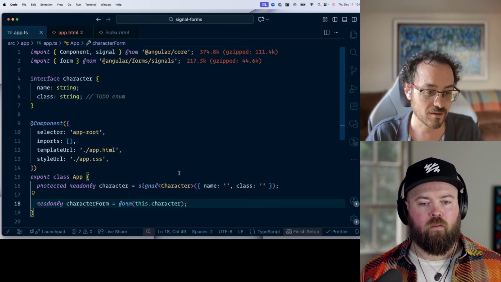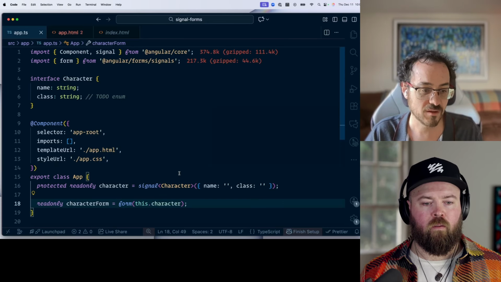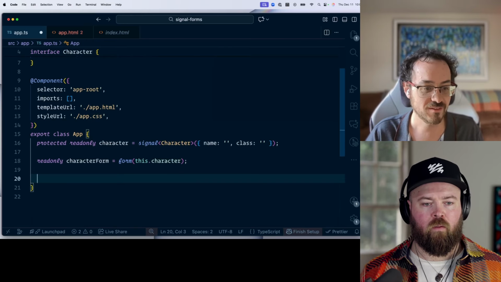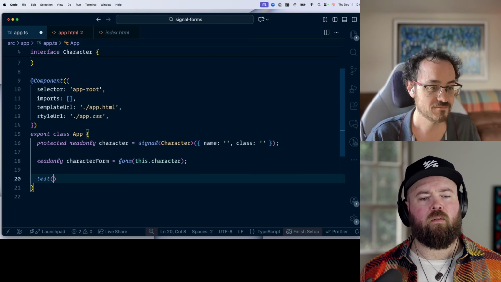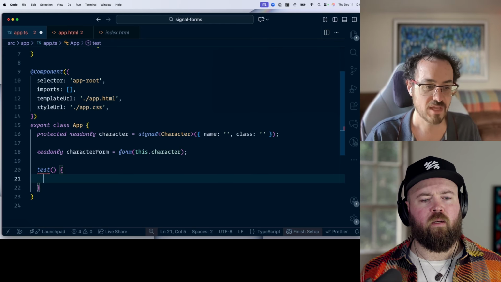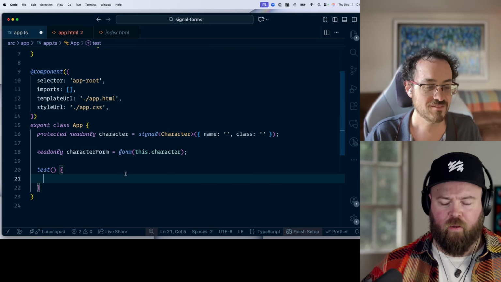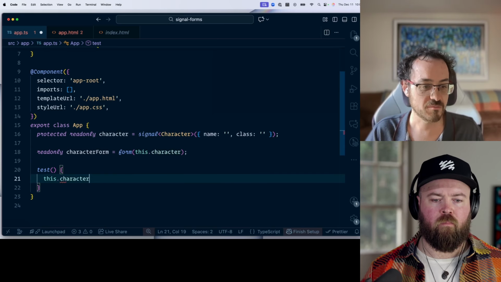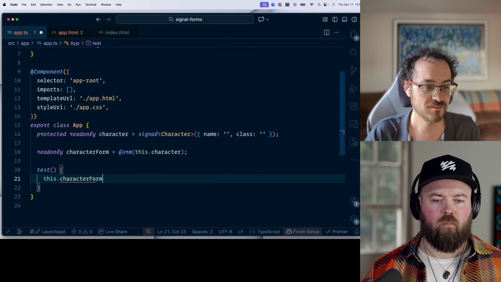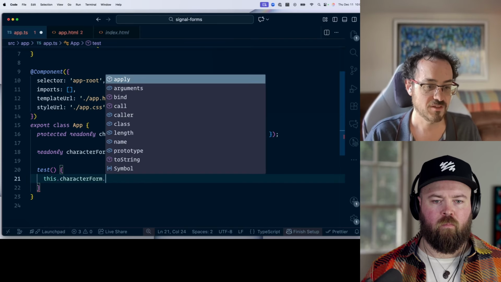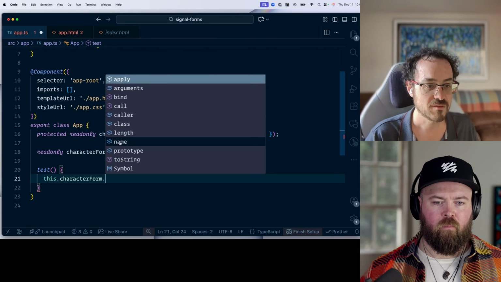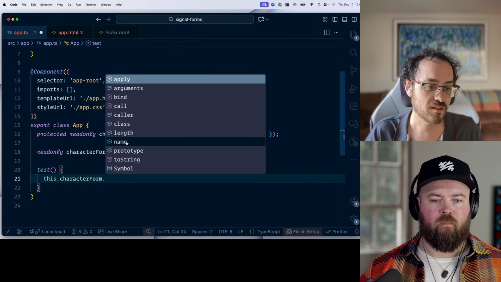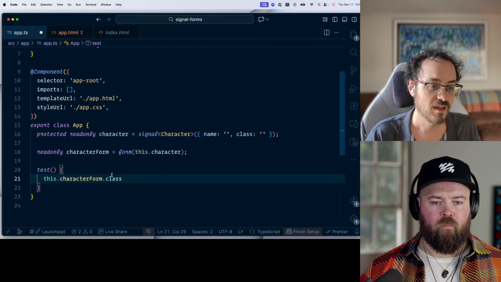So we can explore that a little bit if you just make a function in here called test or something. Do you just do it like this in here? Yeah. I forget how classes work. Yeah, that's right. Okay. And then this dot character form, and if you explore in the autocomplete, you'll see that we have properties name and class. So you can look at class, for example. And